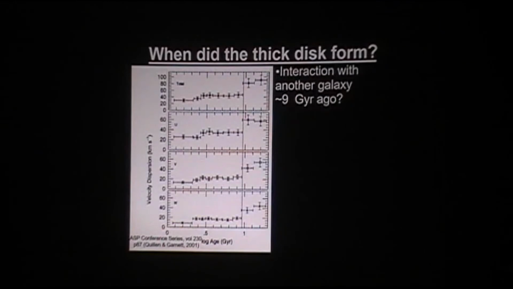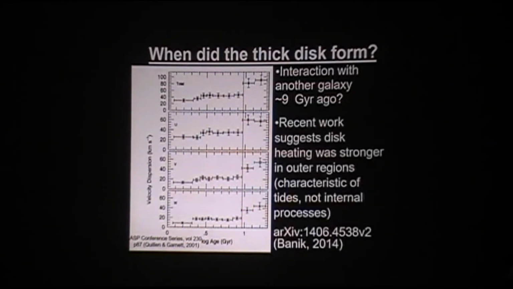So what you see is this sudden jump about 9 billion years ago for stars older than that, which means, and more importantly, I managed to find out that the disk heating was stronger further from the Milky Way as well. Now what that means, essentially, a sudden increase in velocity dispersion like that, vertically, what the authors say is that the sharp increase is probably caused by a minor merger or an interaction of some sort. So it's very likely that the Milky Way really did suffer an interaction around 9 billion years ago of some sort.